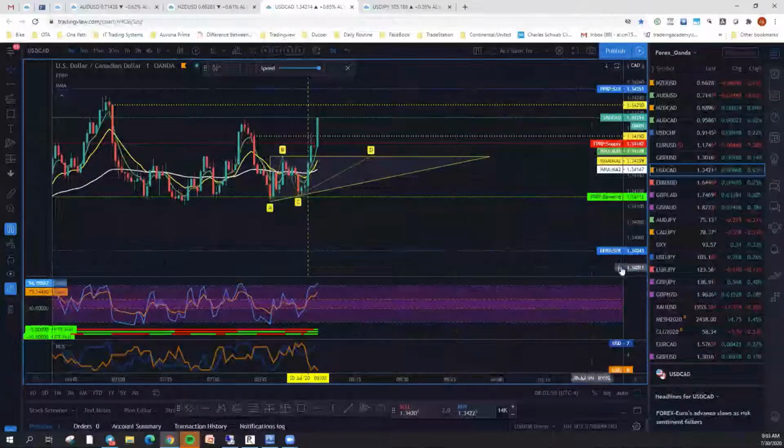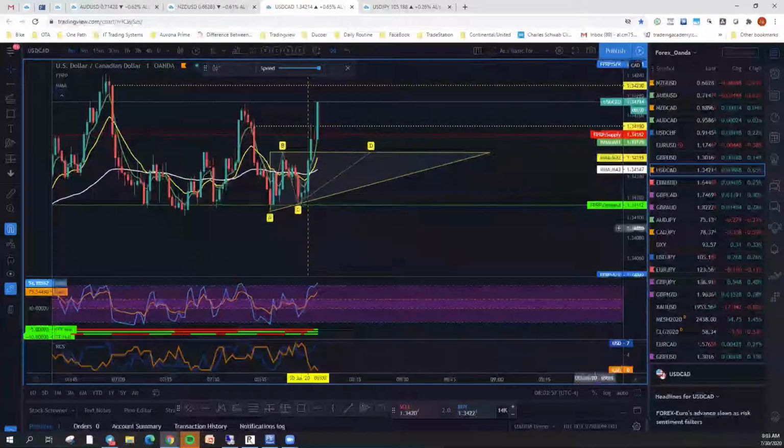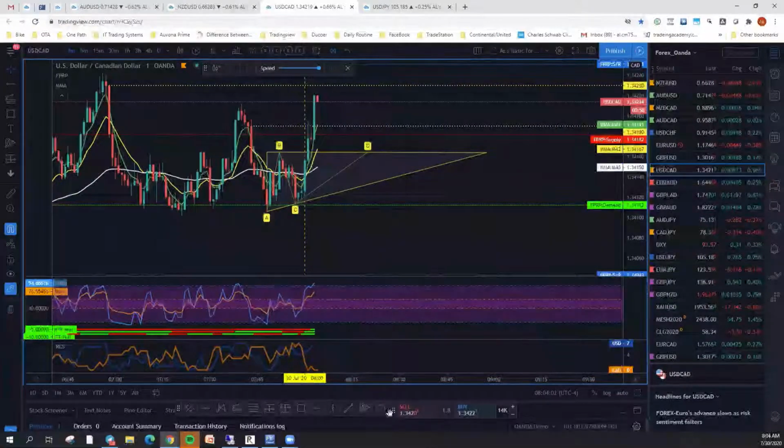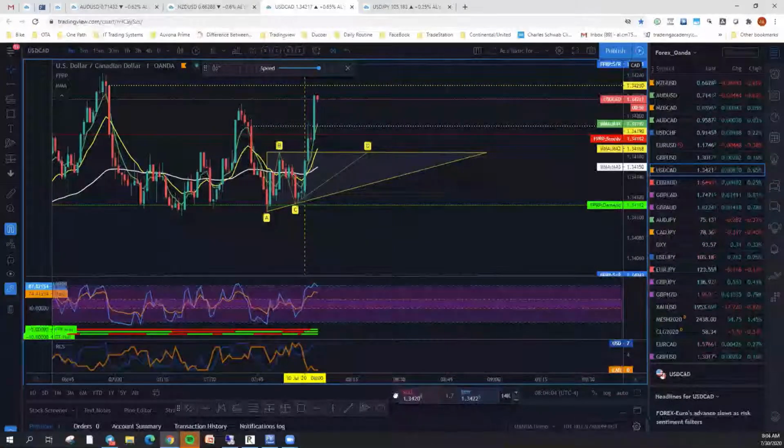And we're just going to have to wait. This looks like we may have missed this one. We don't want to jump into a trade too early. We don't want to be chasing trades. We're either going to get in it correctly or we're not going to get in at all.